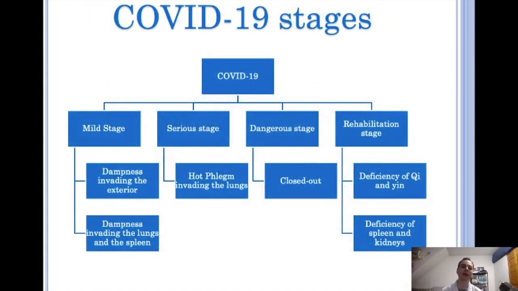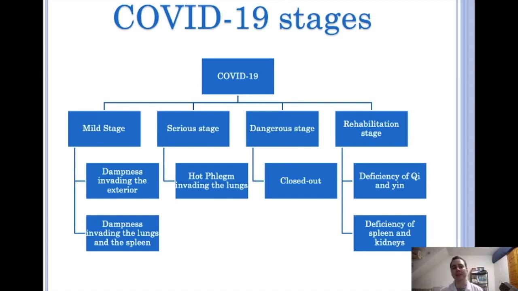So as I told you, this virus has different stages, okay. So it's important to know we have the two cases, and then we are going to develop 4 different stages. So the first stage is going to be a mild stage. Then we're going to have a more serious stage, dangerous stage, and the rehabilitation stage. Okay, that's how I translated everything today, so maybe the translation is not the best.